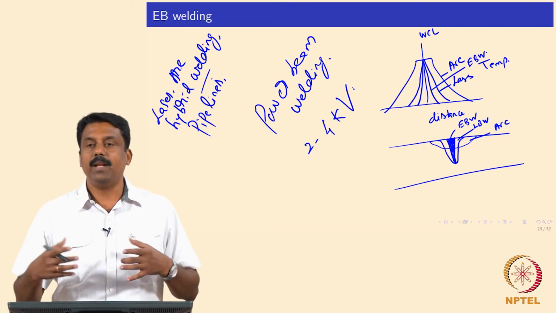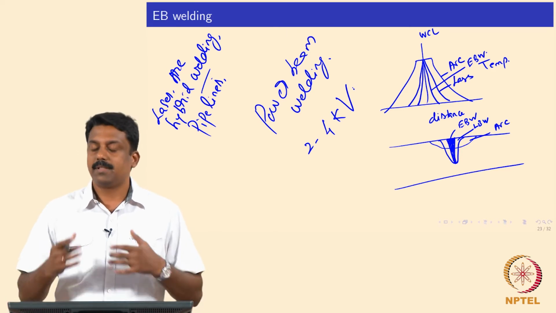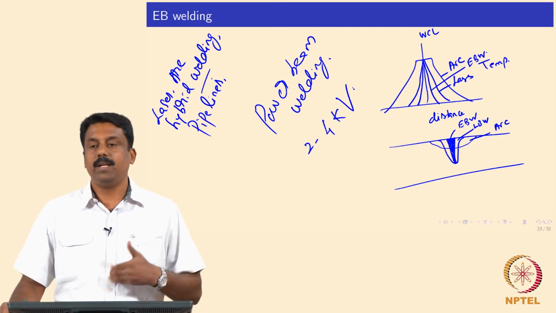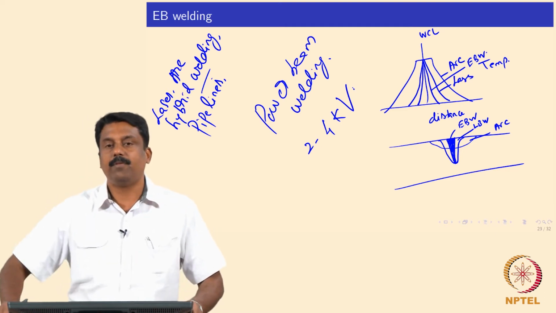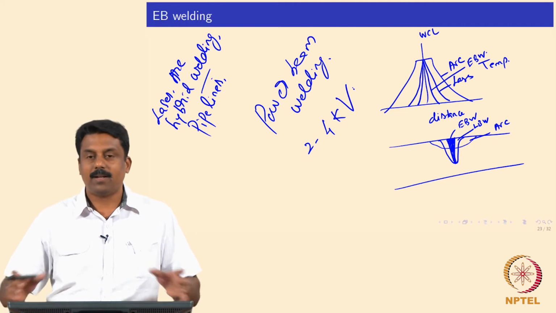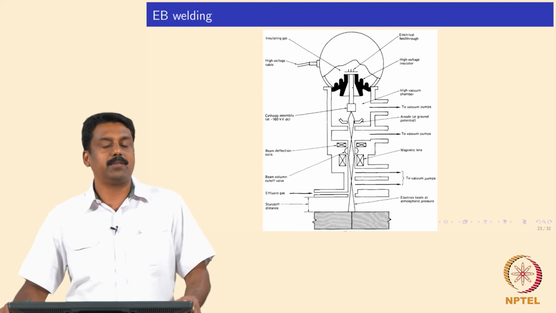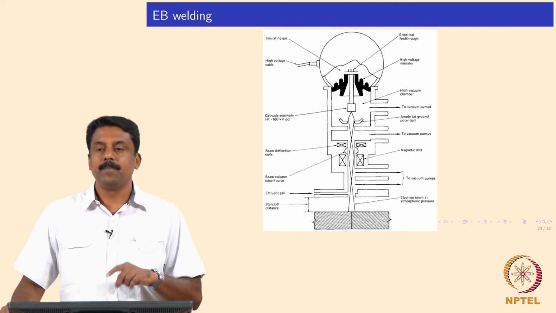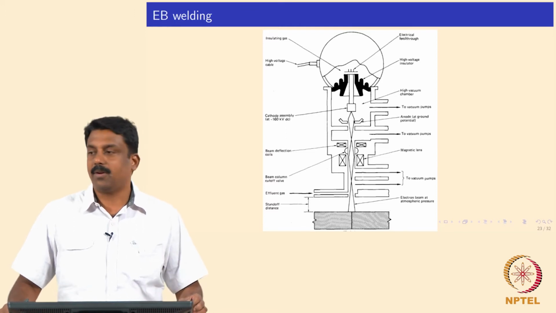So, now we need to use some lenses which can converge the beam, and then it can be focused onto the workpiece using electrostatic lenses or magnetic lenses, because electrons can be focused, defocused, converged and diverged using magnetic and electrostatic lenses, right. So, the electron optics gun is similar to any other electron microscope you can imagine. The only thing is, here the beam energy is much higher than what you use in electron microscopes, right.